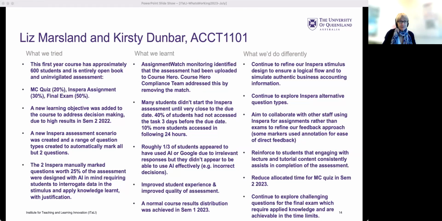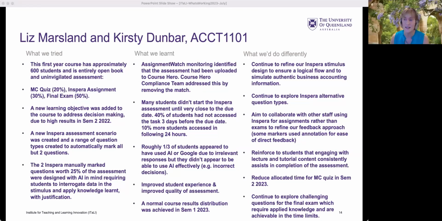The comment from Kirsty there. Yeah, that was actually something that we did discover, which probably links into some of Jack and Ryan's comments too, that I think students are still learning how to use AI as well. So we may, on our journey, see that students start to be able to use it more effectively, particularly for our multiple choice quiz.